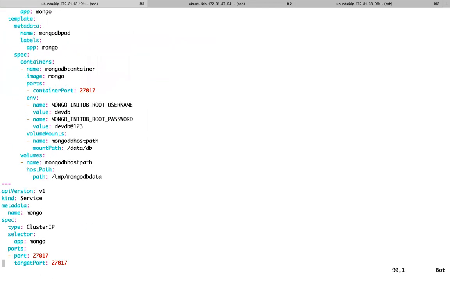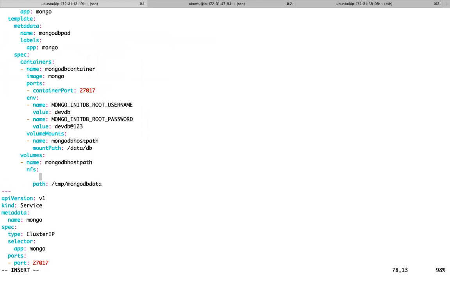Now instead of host path, what can I use, guys? Instead of host path, I can use NFS. So NFS will have two things: server.